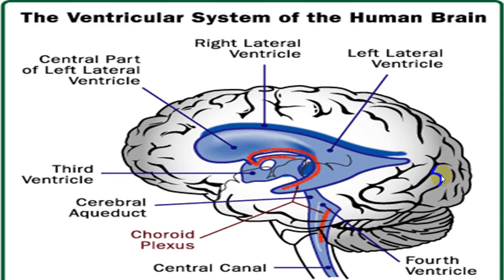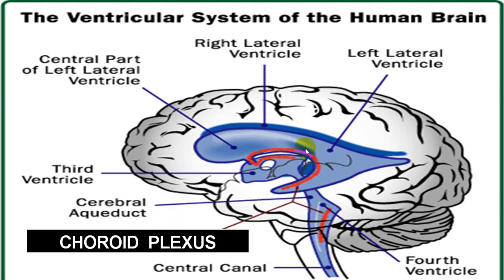We'll be showing you that. So this is the frontal horn, this is the occipital horn, this is the temporal horn, this is the third ventricle, and this is the foramen of Monro. It will open into the third ventricle, and in the third ventricle, this is the aqueduct of Sylvius, also called the cerebral aqueduct, and then it will pass into the fourth ventricle, and from the fourth ventricle it will pass through the central opening, foramen of Magendie, and two lateral openings, foramen of Luschka.